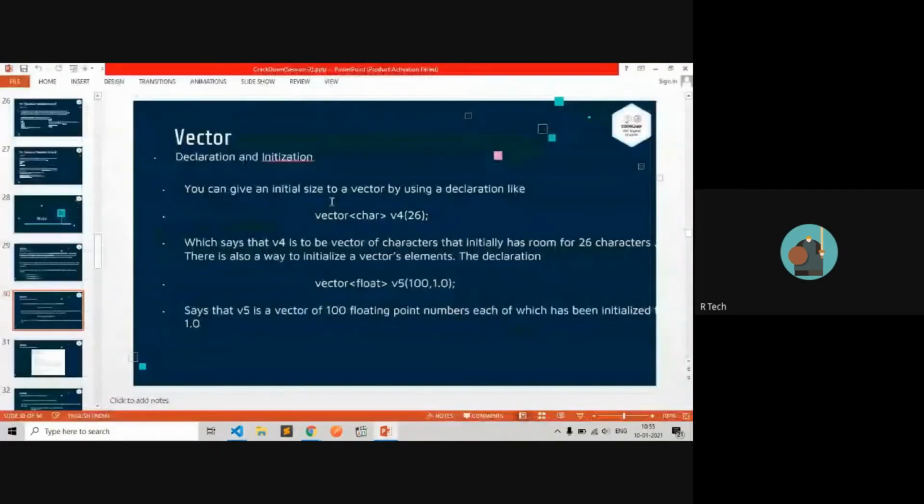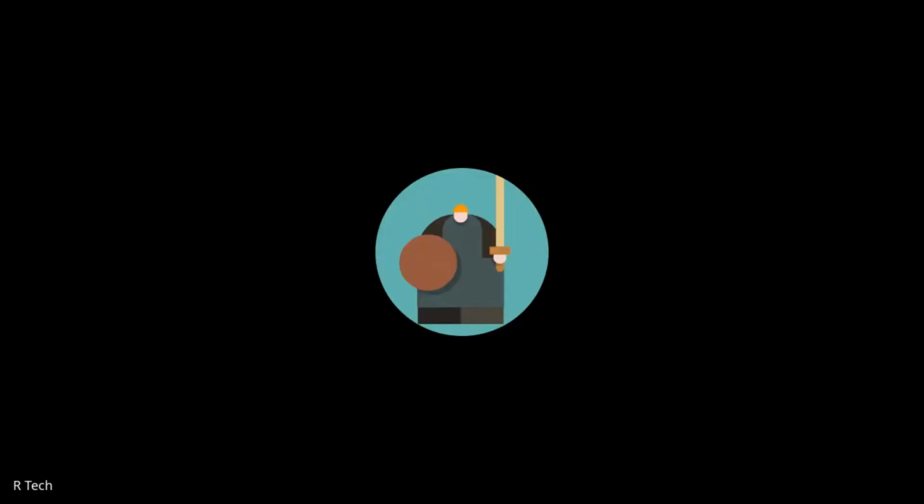So you can give an initial size to a vector in the declaration. If you want to specify the size, then you can. If you don't want to specify size, there is no kind of limitation. The first argument is the size of the vector, and the second argument is the value that will be assigned to each element.